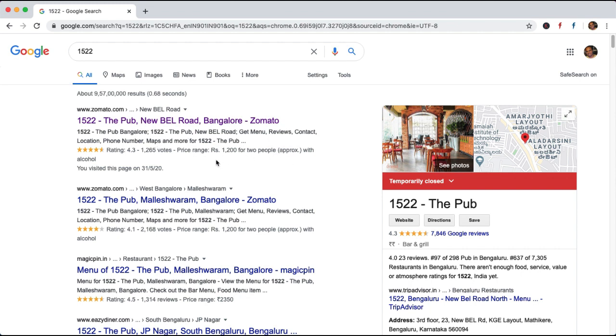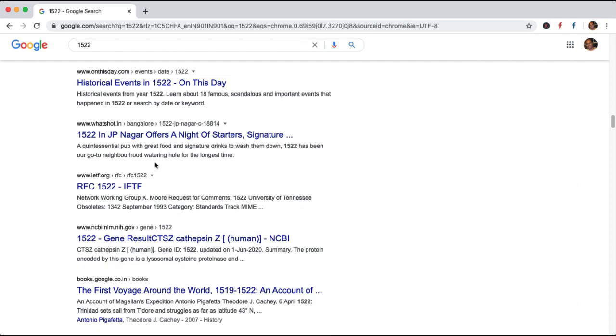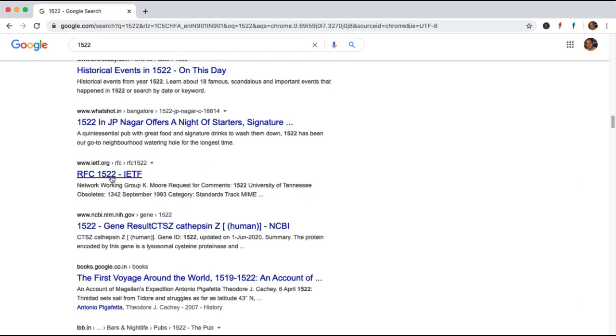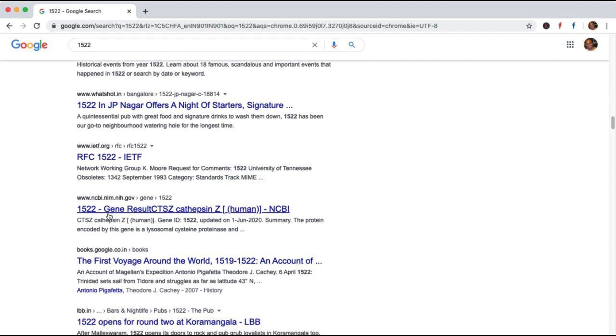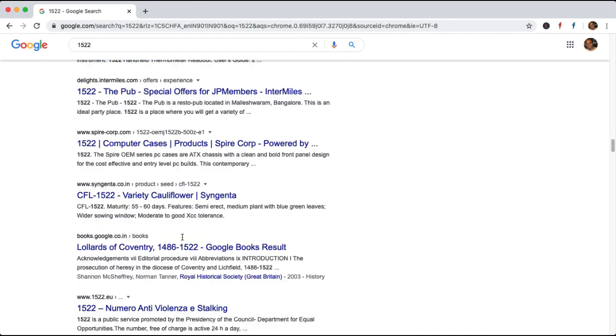Now any user who comes here and searches for this particular 1522, and if he is searching for a pub, will understand that this is a restaurant and a pub, and this is the price range and various things. At the same time, if somebody is searching for 1522, you can see there is a lot of other content also, like RFC 1522, Heart 1522.